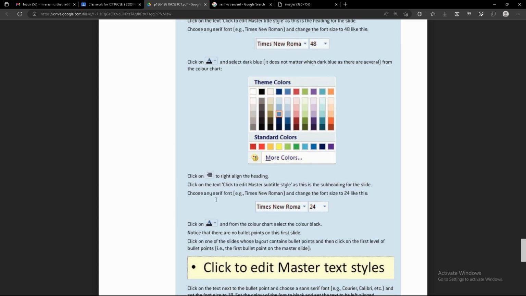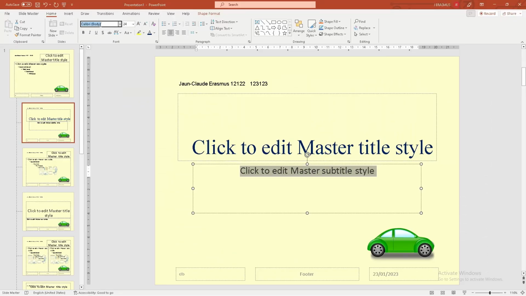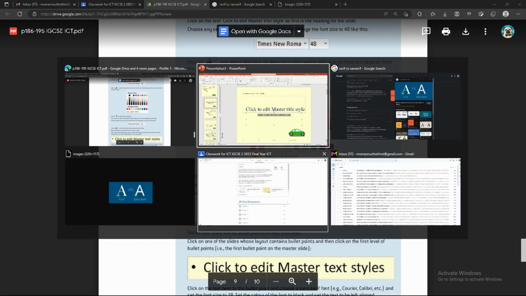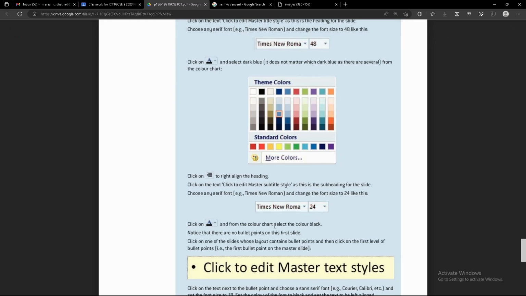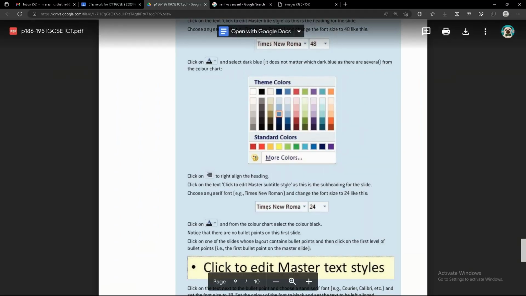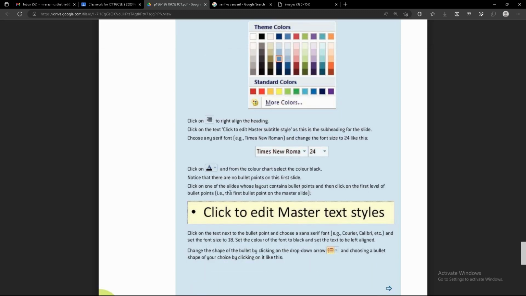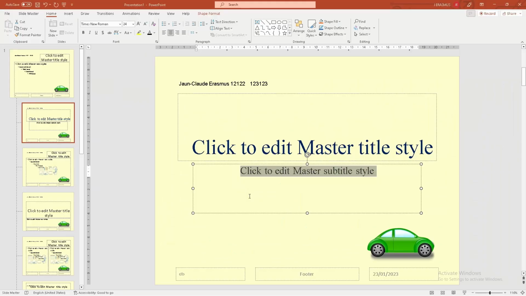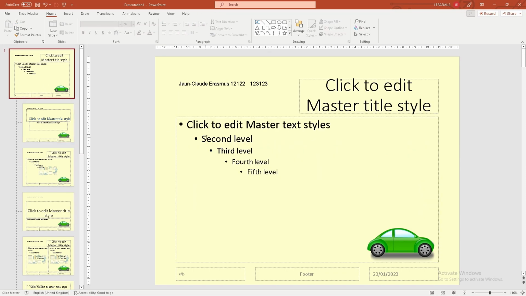and then choose any serif font. Okay, serif again, Times New Roman, and it has to be 24, which ours is, and it needs to be black this time. So I chose black, and then click on one of the slides whose layout contain bullet points. Okay, so this one contains bullet points,